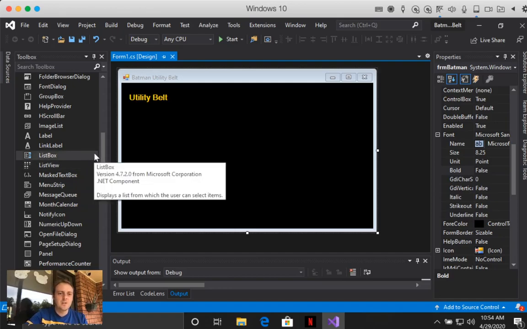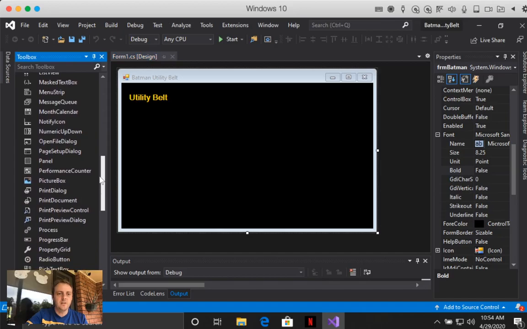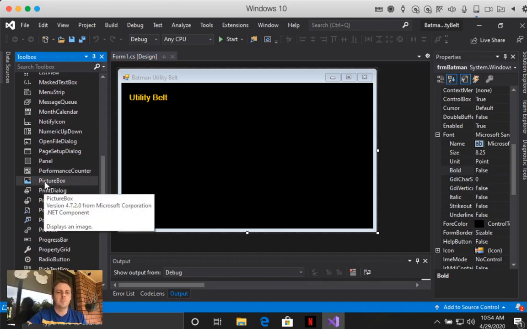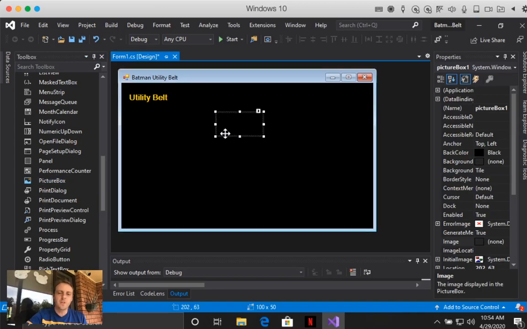Okay, next thing we're going to do is we're going to add on a picture. Okay, so I'm going to scroll down a bit further from my toolbox and I'm going to click picture, drag picture onto my form. Okay, now you can see I've got this little icon here, this little arrow that appears in the top right corner. This is the easiest and fastest way to add in the picture that you want. Now, as I said, you do need to have the picture